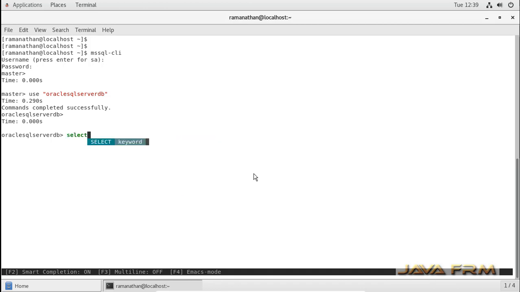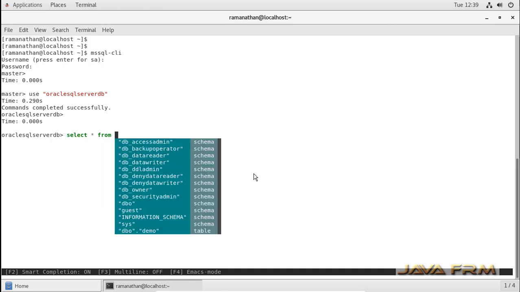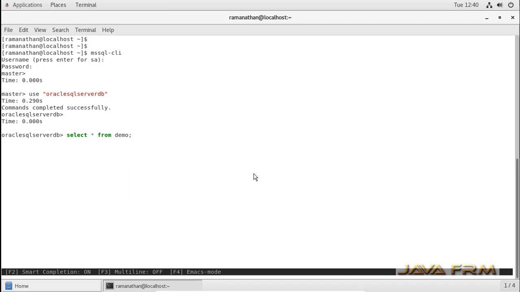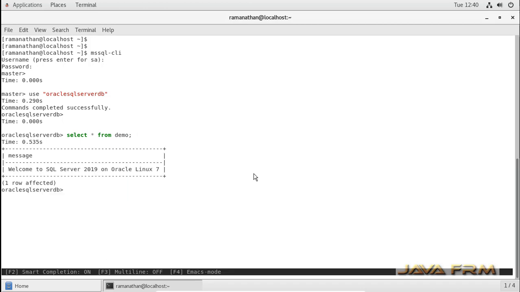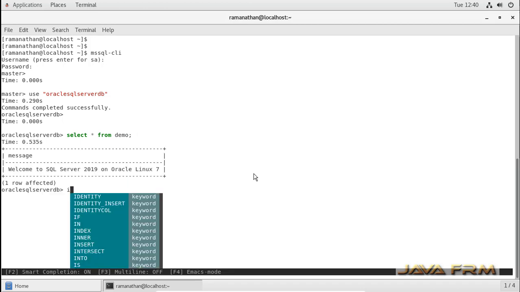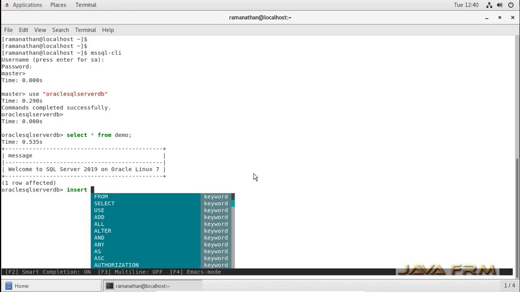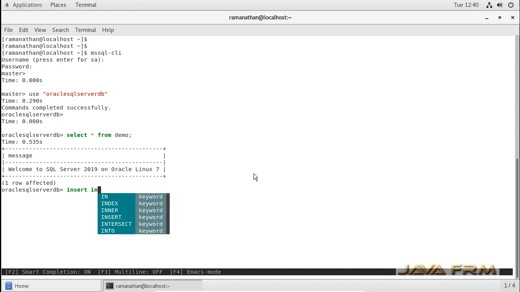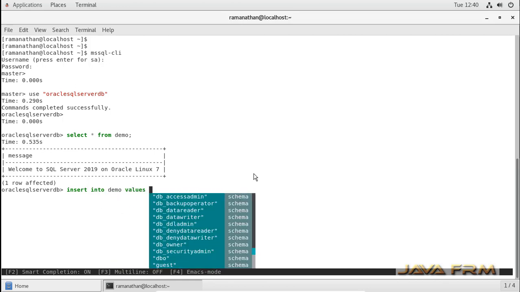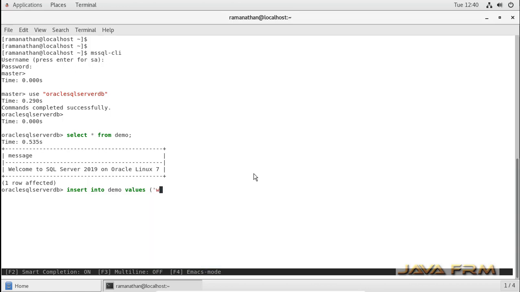Also you can see that SQL keywords get highlighted, and it will be useful for code completion. For code completion activity, this mssql-cli tool will be useful for you. Make use of this tool.